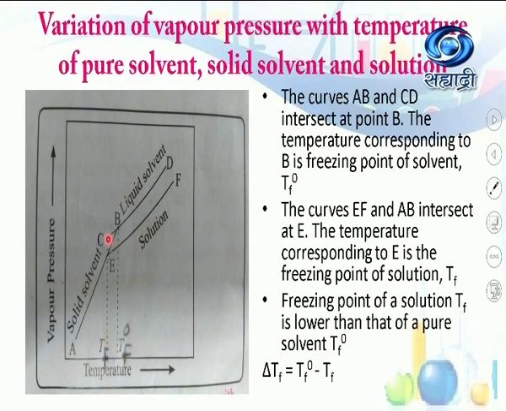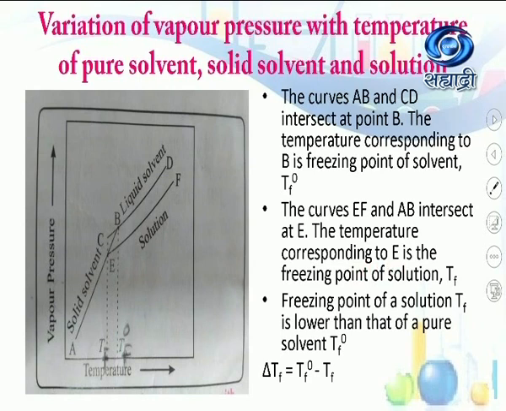Because at this temperature, means at this point E, vapor pressure of solid solvent and vapor pressure of a solvent in a solution is same, and that's why Tf is the freezing point of a solution, freezing point of solvent in a solution you can say, or freezing point